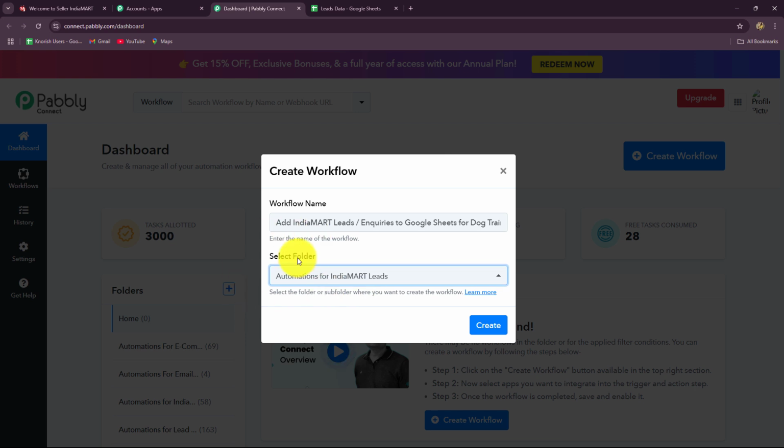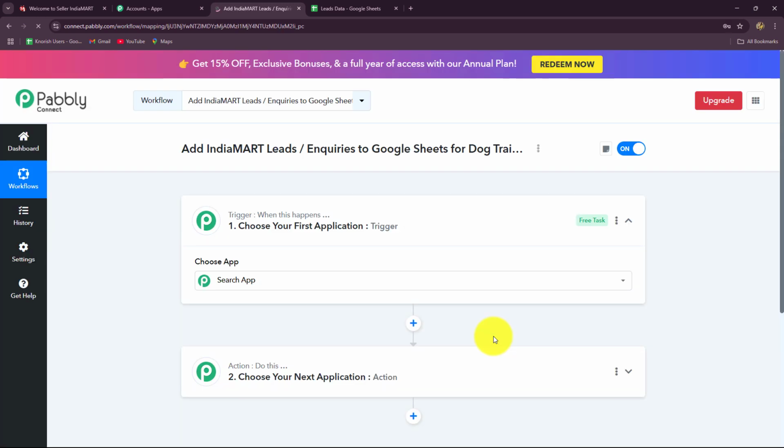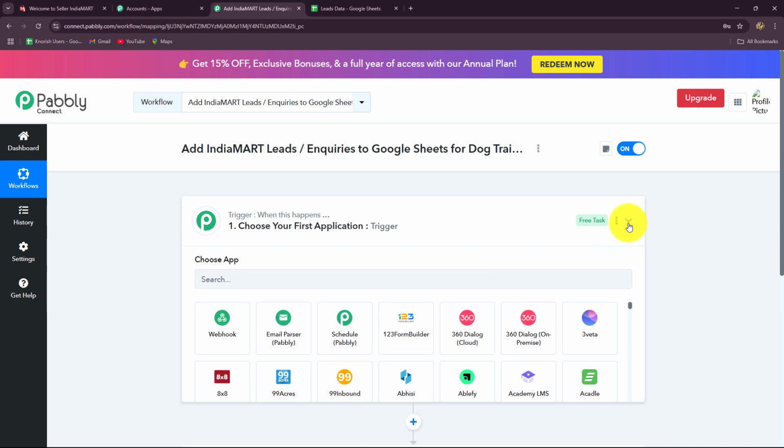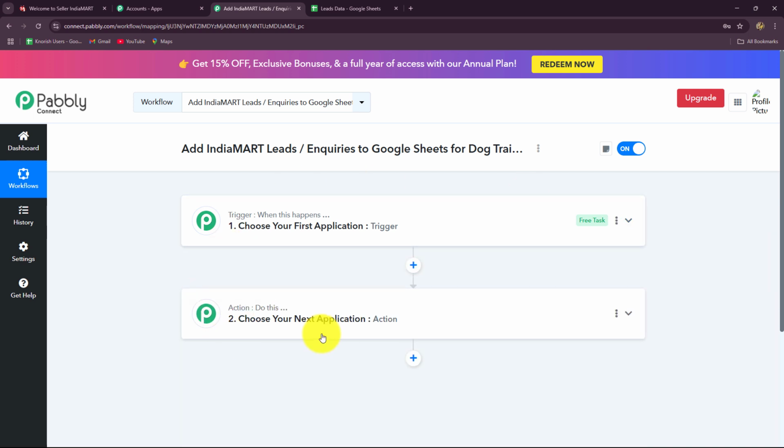So I'm going to select that same folder, automations for IndiaMART leads. Now I'm going to click on create. So my workflow will get saved separately in the designated folders. Now, as you can see here, we have a new screen, and on this screen we have two windows, trigger